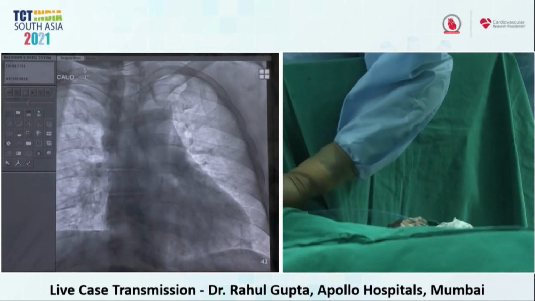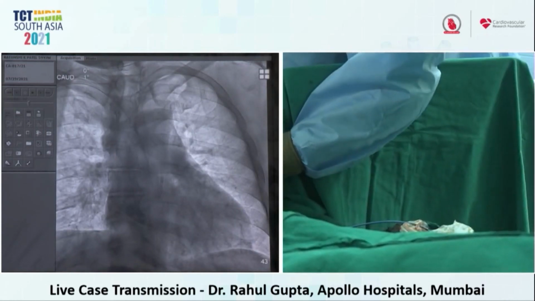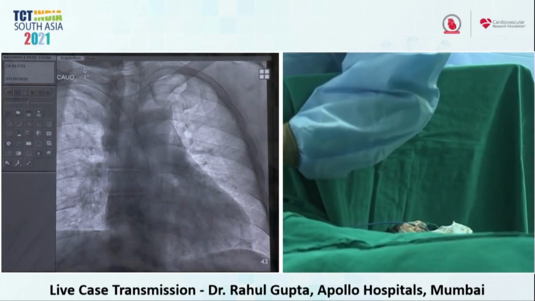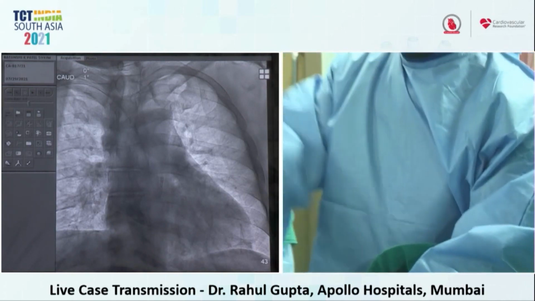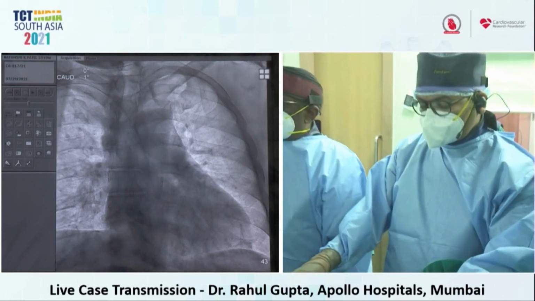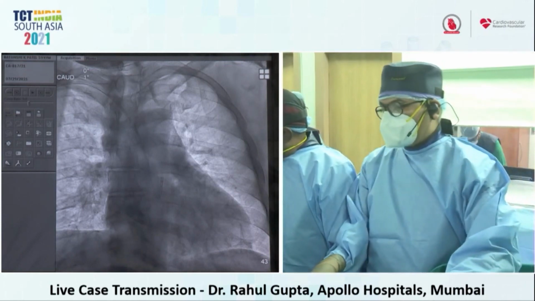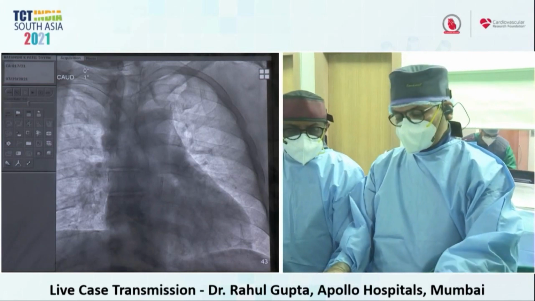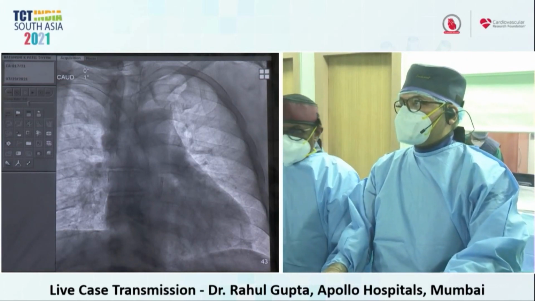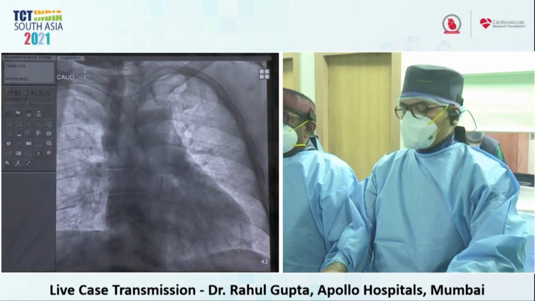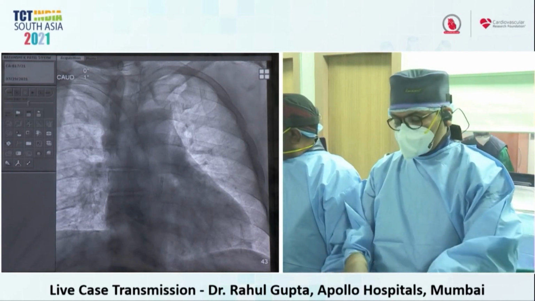When you are doing the direct puncture, that means not exchanging, then you can't take the dilator beyond a certain length because the exit port of the wire is within a few centimeters. So there you would insert the guide and then put a normal guide wire. In this situation, you have the option of taking the dilator right up to subclavian, or you can remove it earlier and put your normal guide.